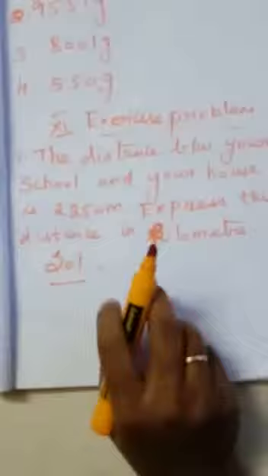Now we are going to solve the exercise problem. Actually, this exercise problem is given in your book back, under the 11th Roman numeral. You don't need to worry about where the question and the sum are given. It is the 11th Roman. In our self-evaluation I explained and gave you all the answers, right? But for the question-answer part, the answers have not been given. So while solving sums, I thought of giving this 11th Roman. So this is our 11th Roman exercise.